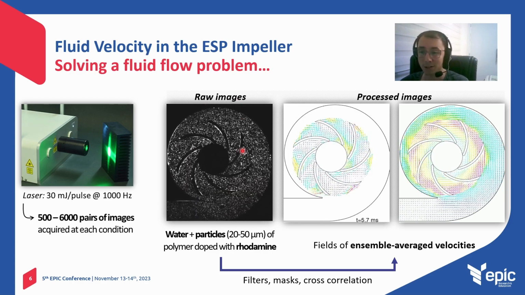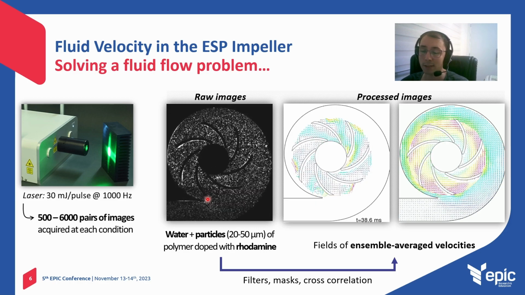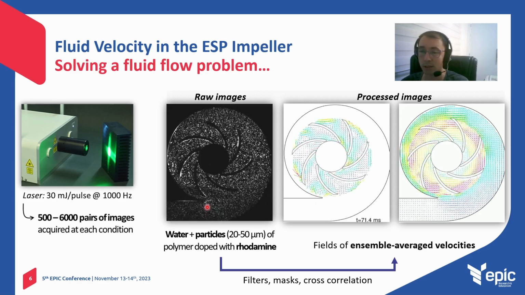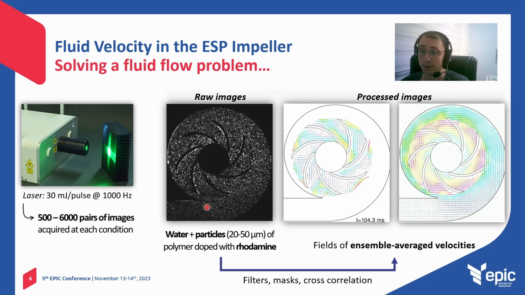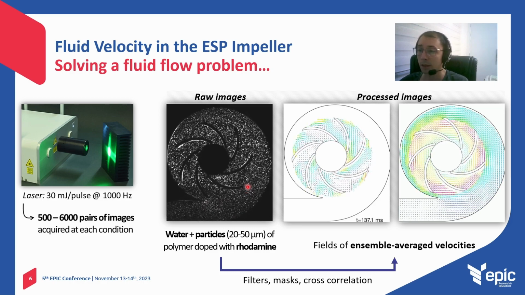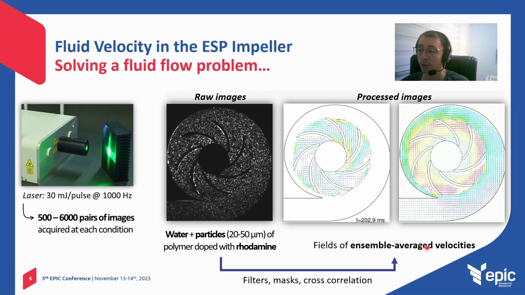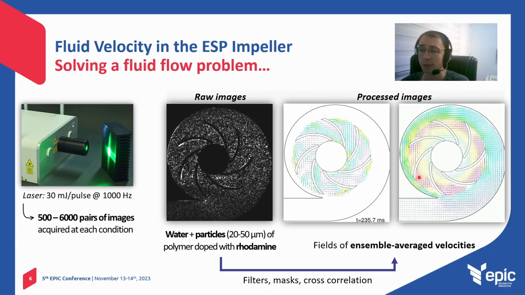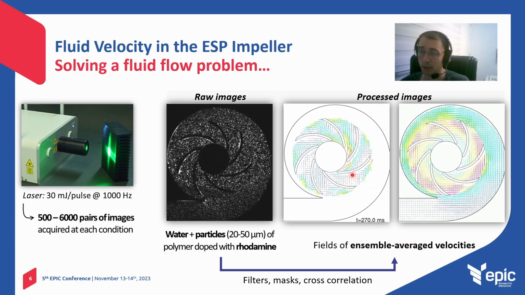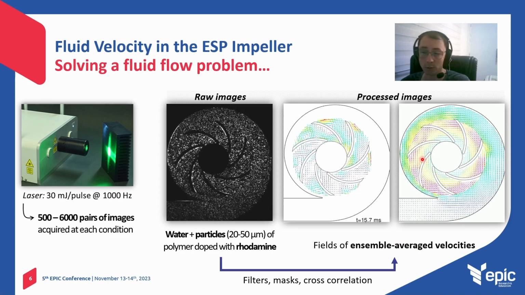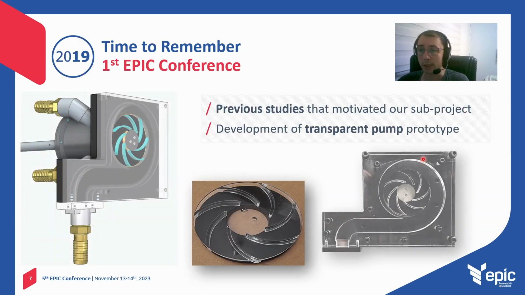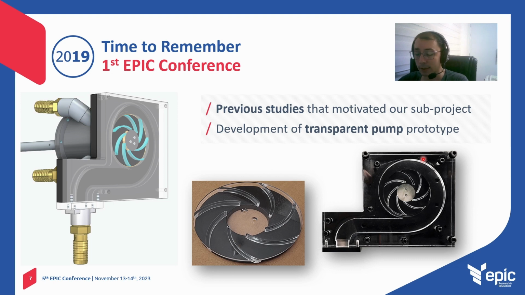So raw images where we can see the fluid and the particles, the tracer particles added to the fluids. And then we process these images to obtain fields of ensemble average velocities in different references, for example, relative velocity or absolute velocity. Okay, so now I'm gonna move on to